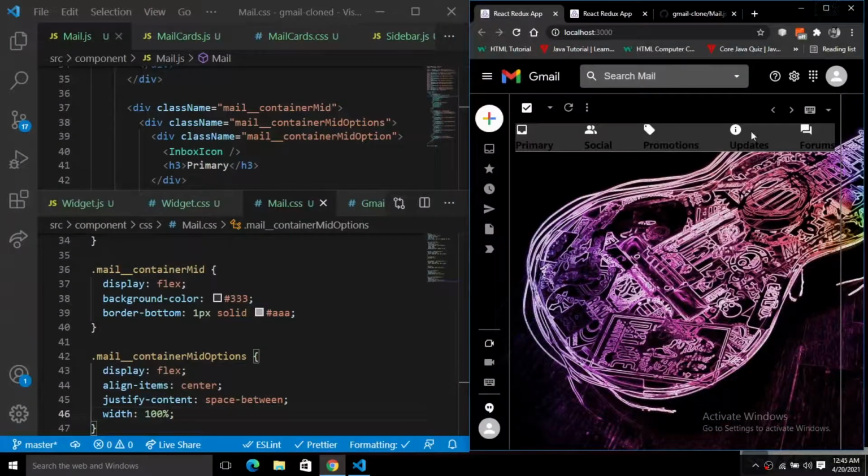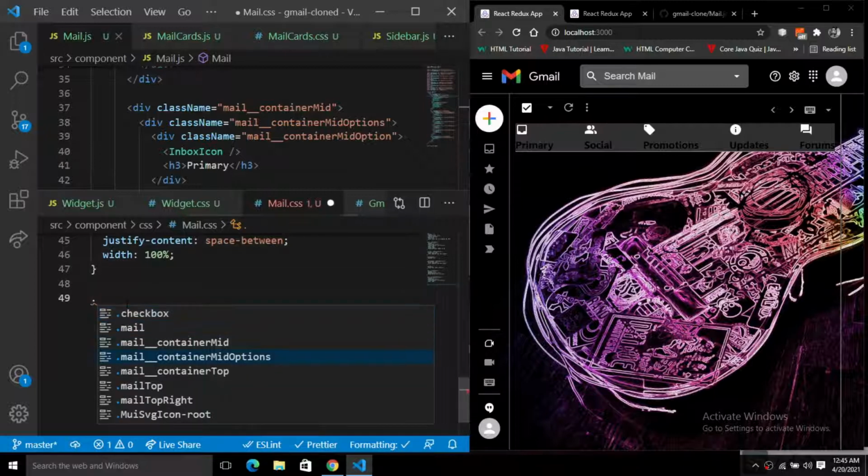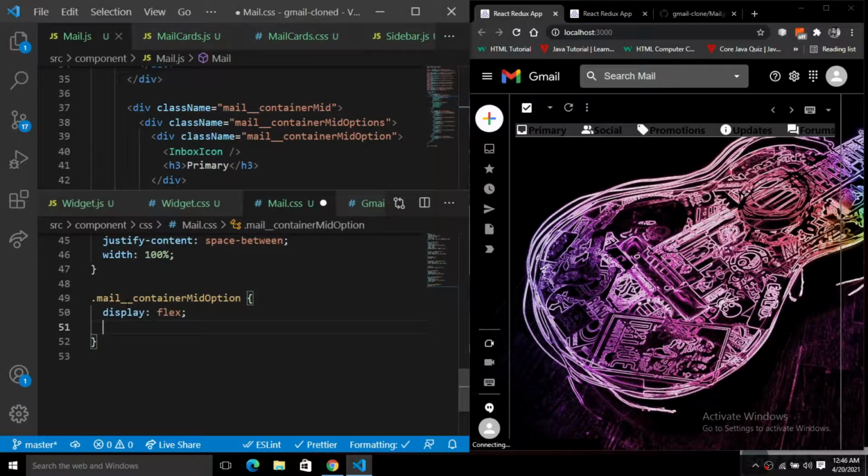Okay, so this is the exact way of doing this, right? So we have given these things here, and next we have this option, because we have options, and now we'll simply style the option here. So for this mid option, just give the display of flex. If you can see, we have given the display of flex, and everything is now in a row.